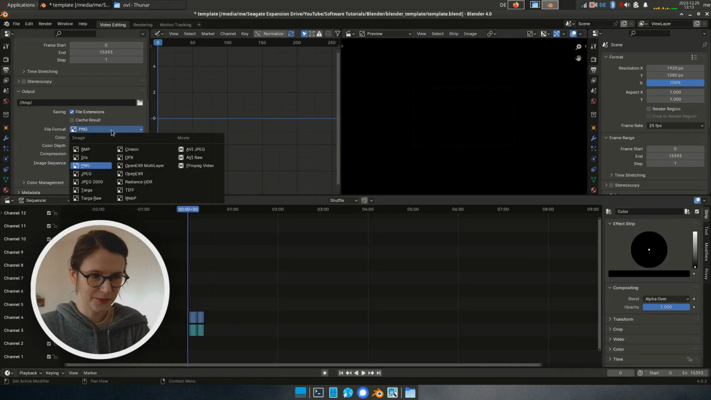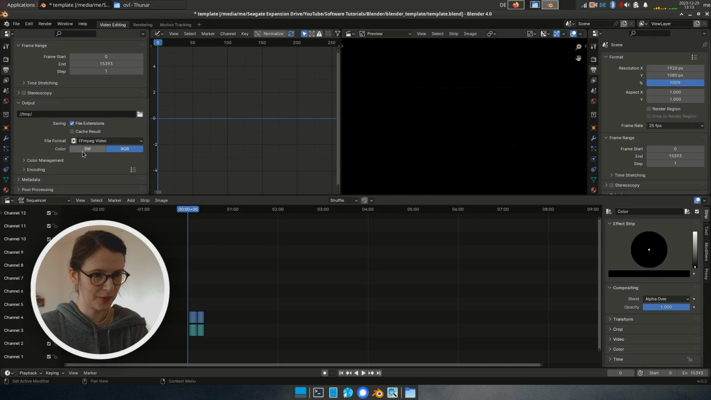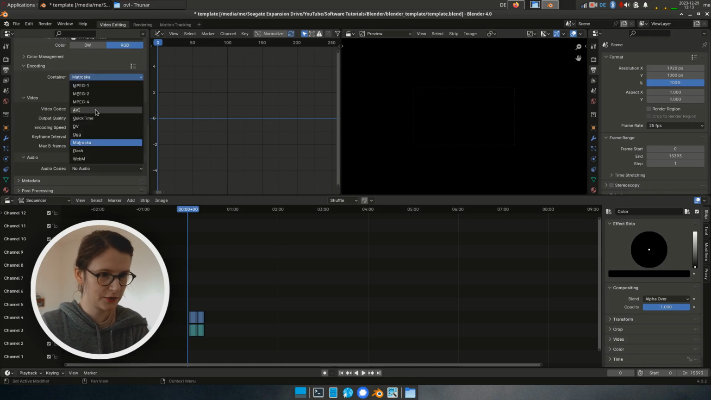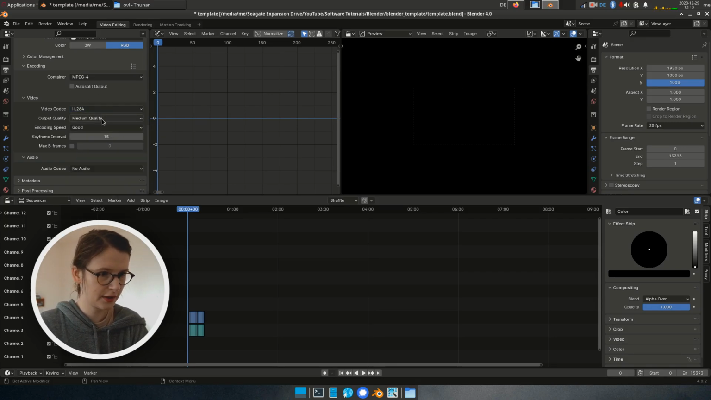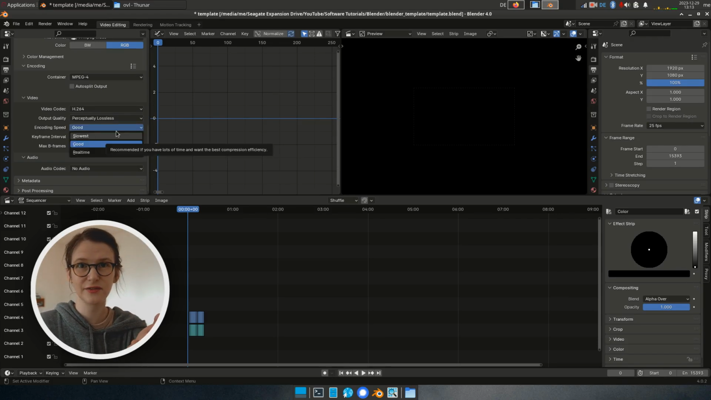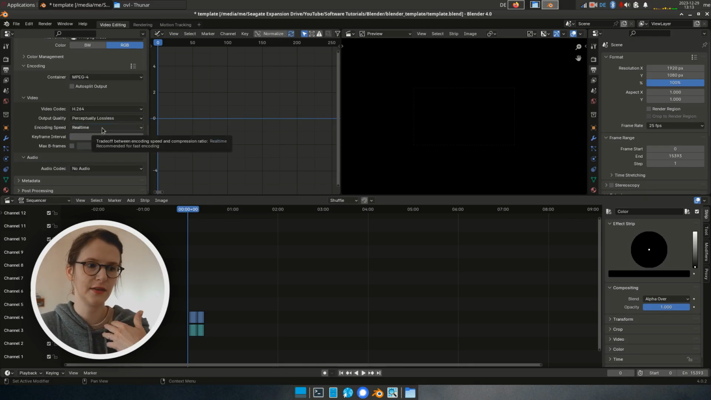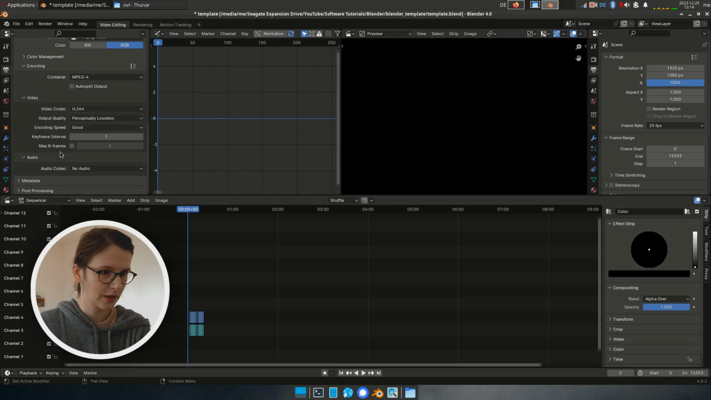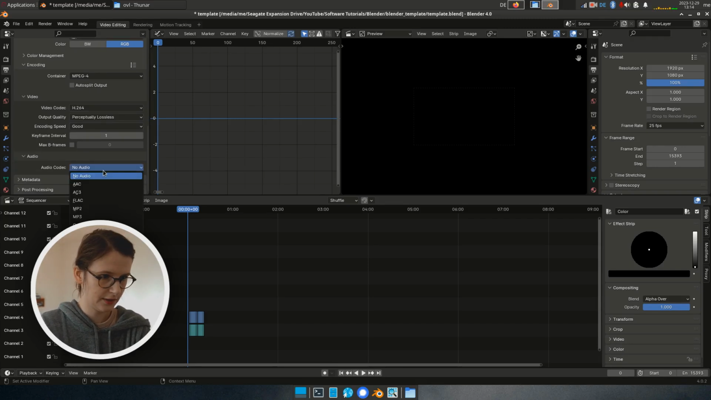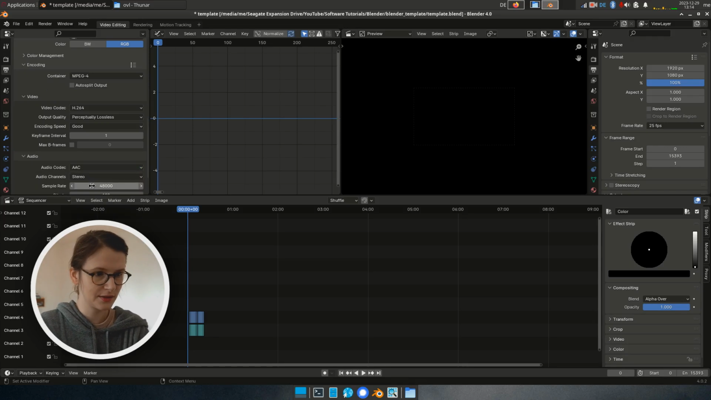Now the output, we do not want PNG files as an output. We want FFmpeg video. And for the encoding, we will choose MPEG-4 as recommended by YouTube, H264 for codec, and perceptually lossless quality. The encoding speed kind of dictates the size of your file a little bit. So if you choose real time, which is the fastest, then you will get a larger file. If you choose good, you will get a smaller file because the compression will work better. As a keyframe interval, I choose 1, and the audio codec is going to be recommended as AAC, and